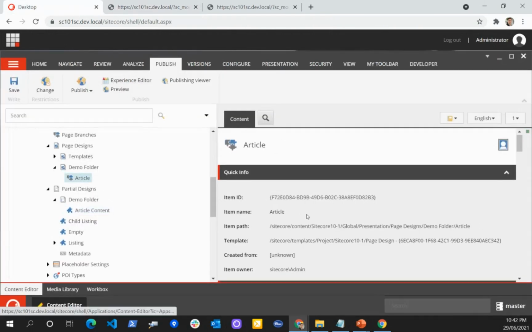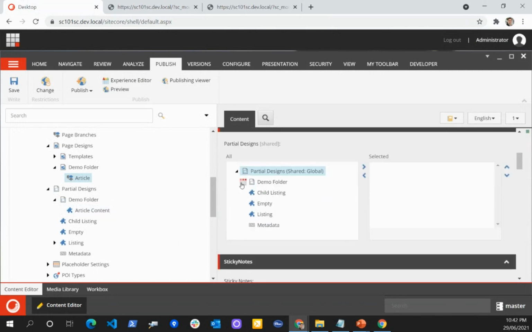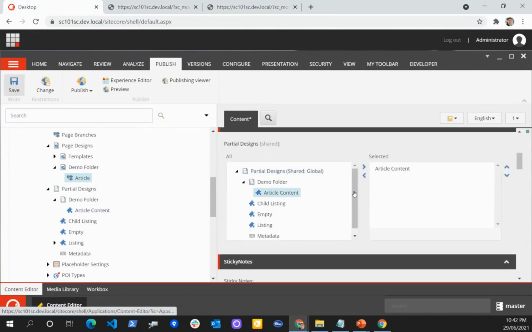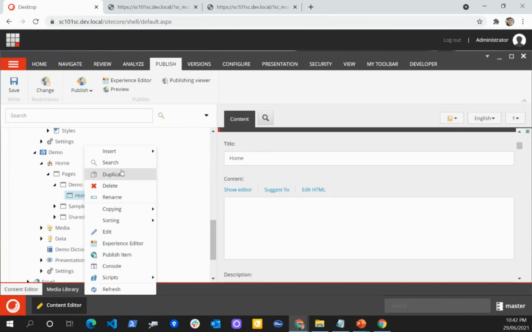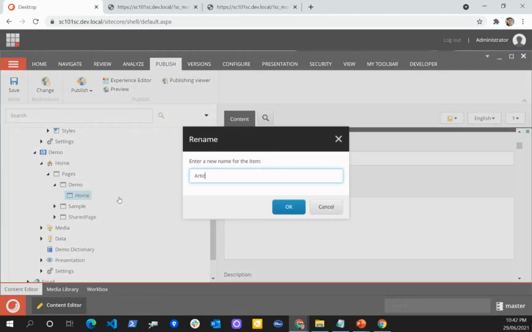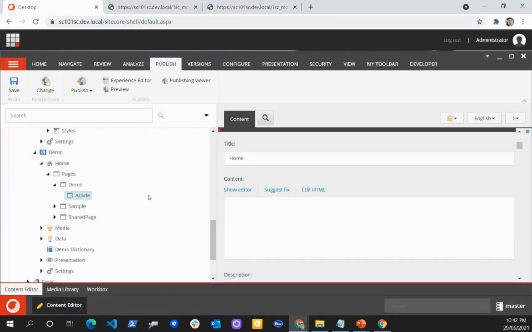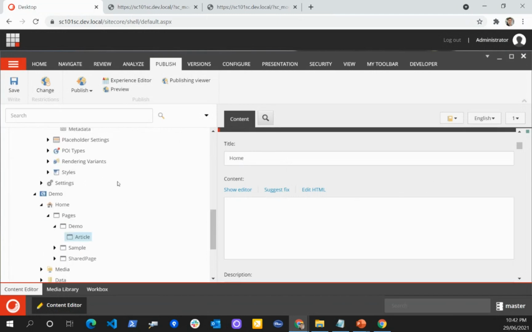If I go to the article and choose this for my page, I have created this page template and assigned this partial design to it. Now I have two options: I can assign this page template at the content level, or from the settings level.